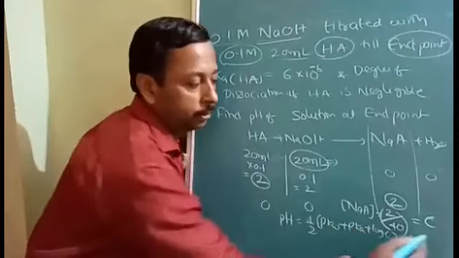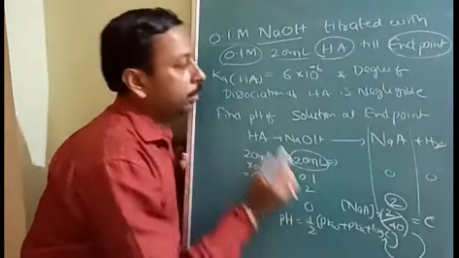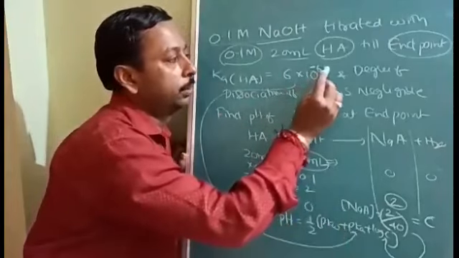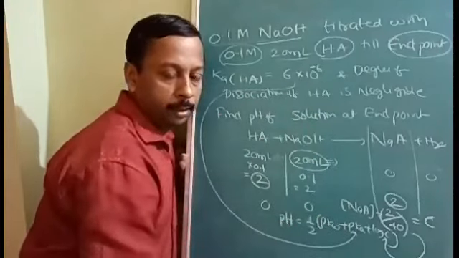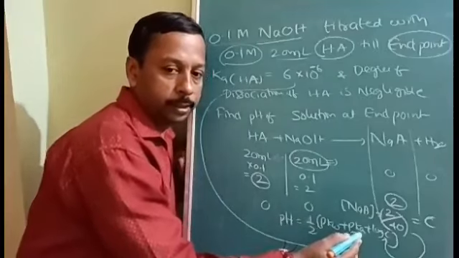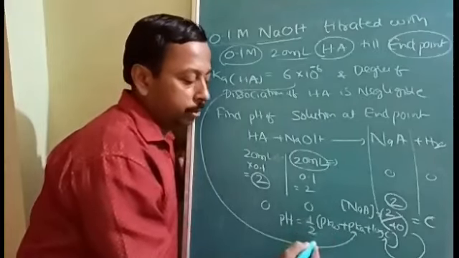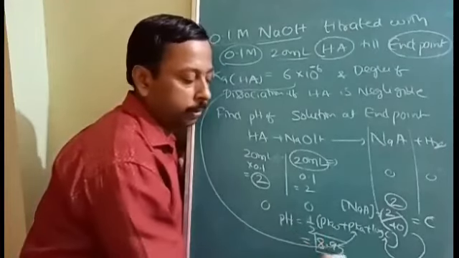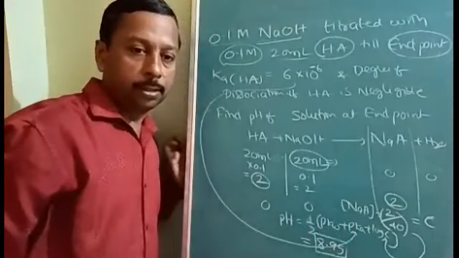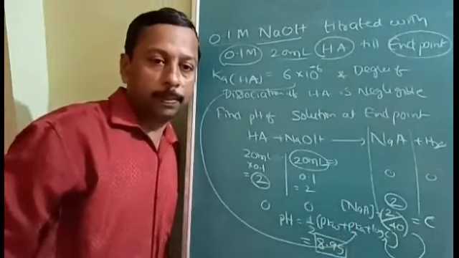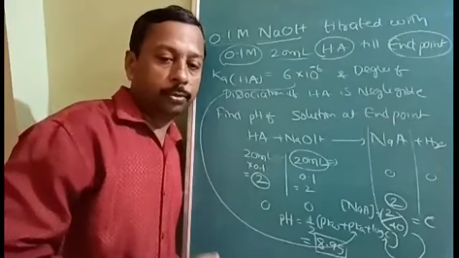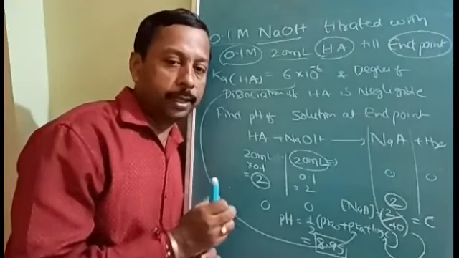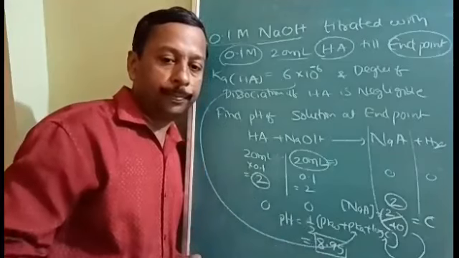Log C. So the C value you can put over here. The Ka value is given already. So you apply the logarithm: pKa will be 6 minus log 6. pKw will be 14. By simplifying all of this, you will get 8.95. How much will you get? 8.95. The answer to this question is: at the end point, the pH will be 8.95. So accordingly, we will select an indicator whose range will be around this value. Note this down.